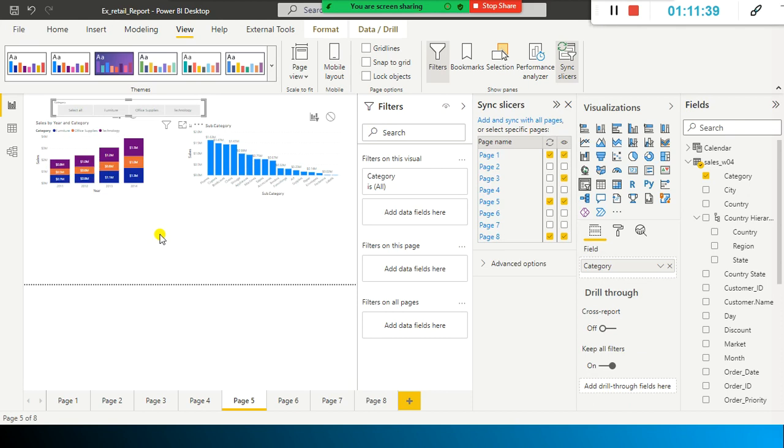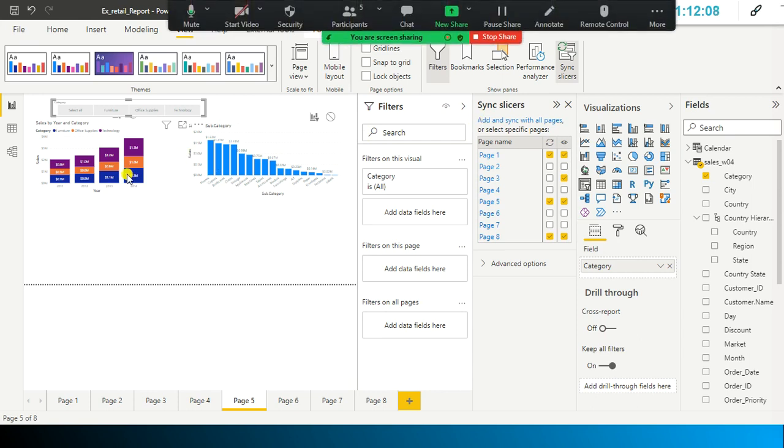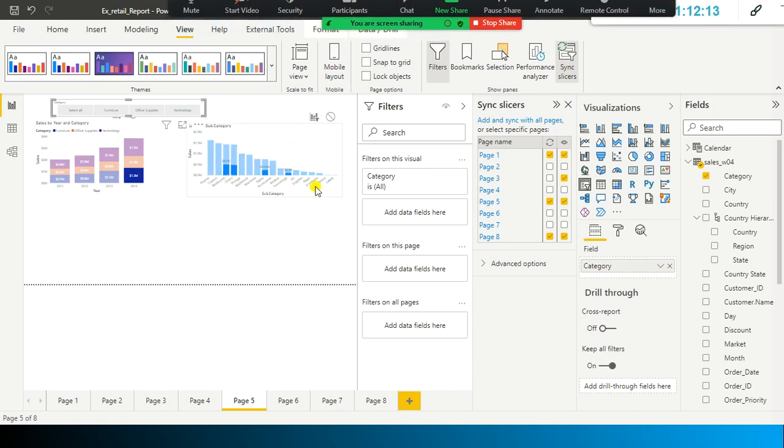Okay. So here, when I select this one, it is doing the cross highlighting. In this bar, only the bars relevant to a specific item are highlighted. The rest of the bars became dim, right? It reduced the transparency, right? The transparency became very low here. And we have something called cross filtering. So now what we have seen was cross highlighting. This is called cross highlighting.